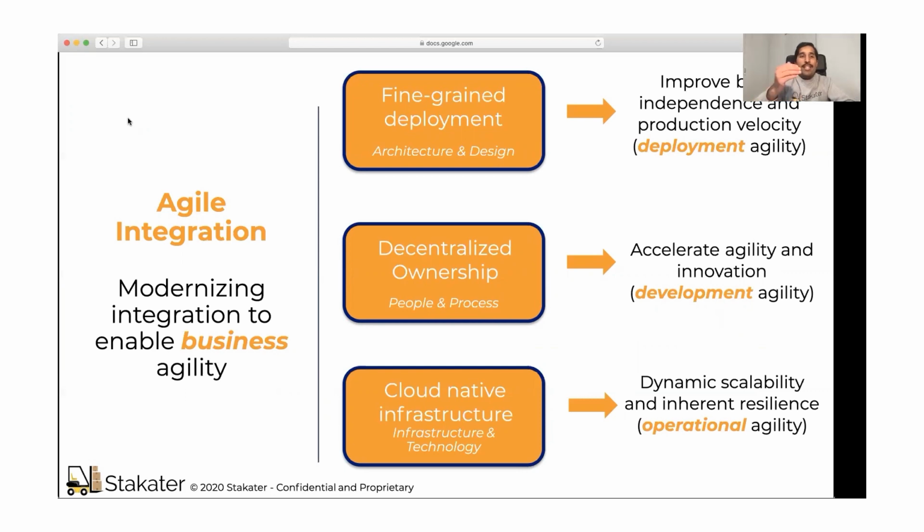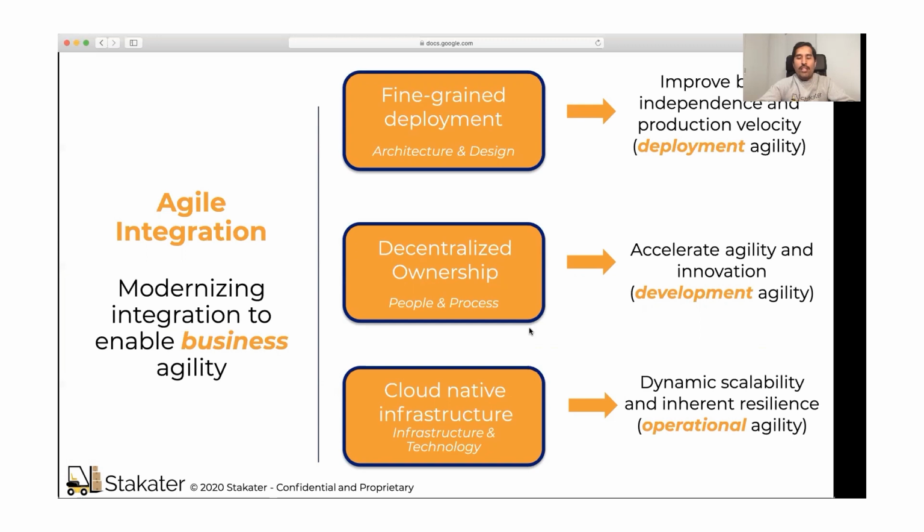Then there's decentralized ownership, the people and processes. This results in acceleration of agility and innovation, so what you achieve is development agility. The third piece is cloud-native infrastructure: dynamic scalability and inherent resilience.